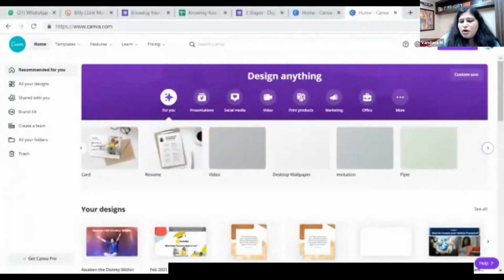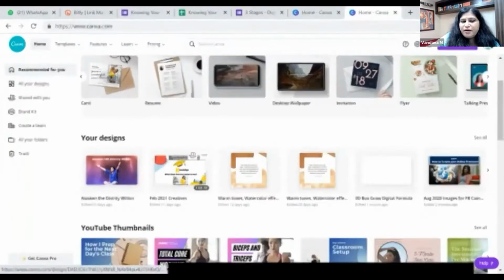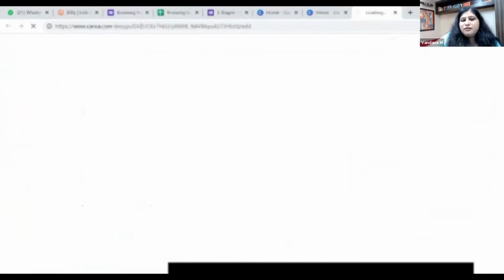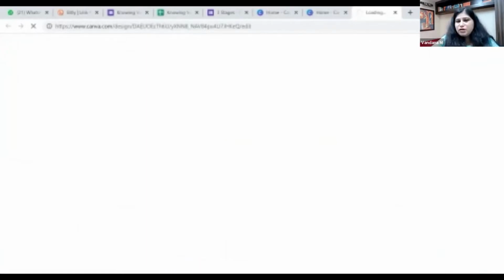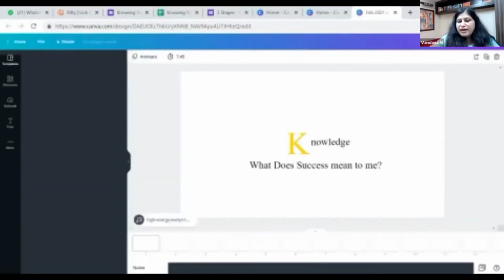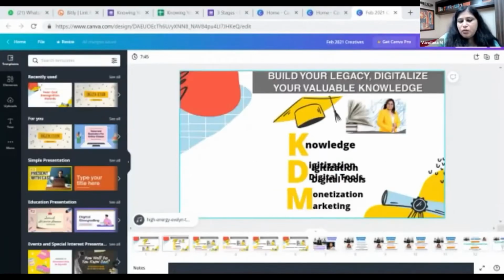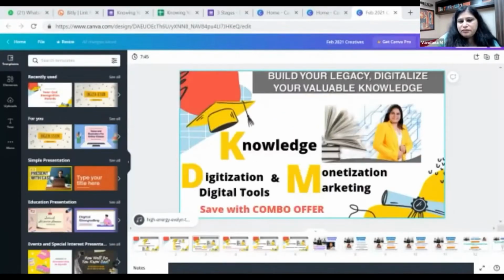Now, what you generally need is this kind of creative that you see that I have made, right? The one that I play in the music. How many of you already know how to get that kind of a creative along with the music? Do you know you can add music and videos using Canva to your graphic file? Let's look at how we can make our creatives using Canva.